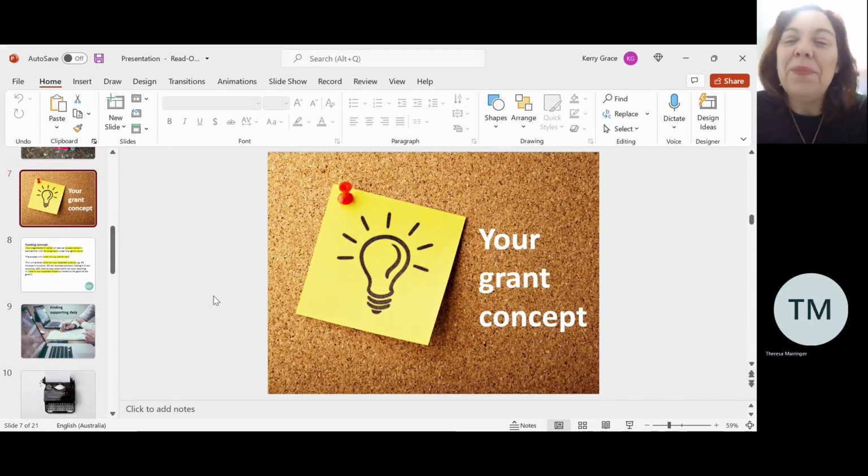That's okay. So in terms of your grant concept, you may have a good idea of what it is that you're wanting funding for, but your actual concept is what you wrap around the grant that you're applying for. Now, just a little bit before I mentioned that if you can think about the thing that you're wanting funding for through different concepts, you can look for different funding streams. This is now your opportunity to articulate what you're wanting to fund in terms of the grant